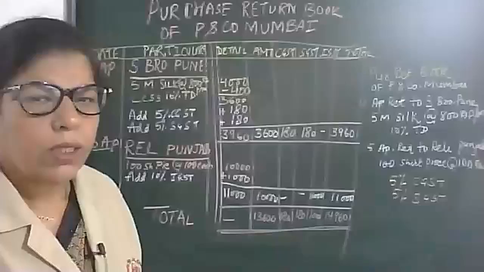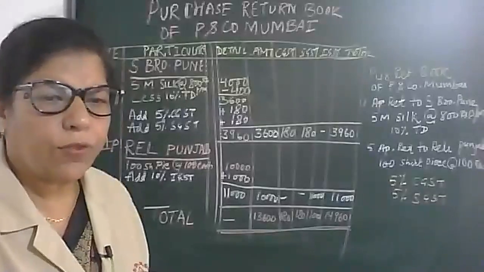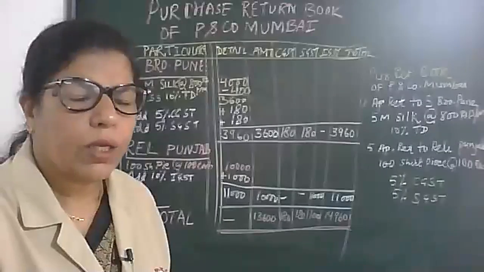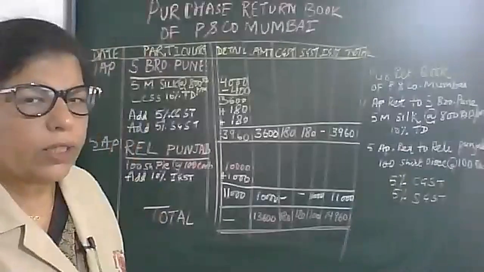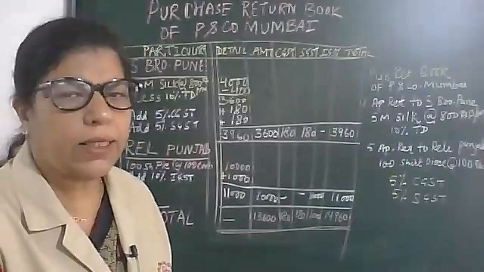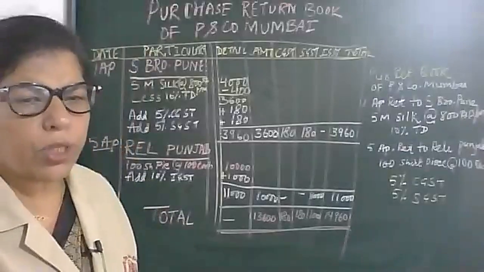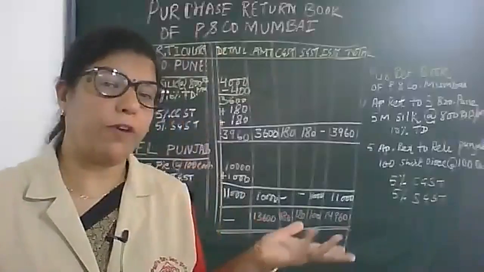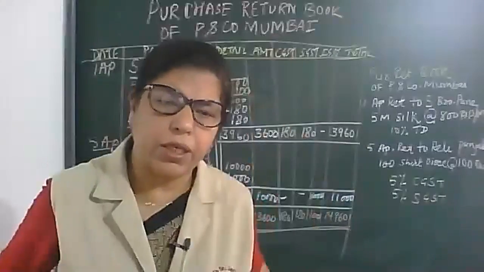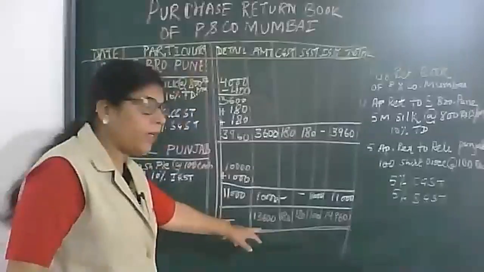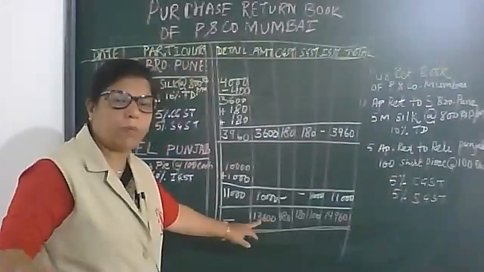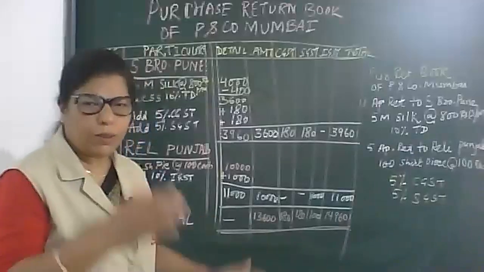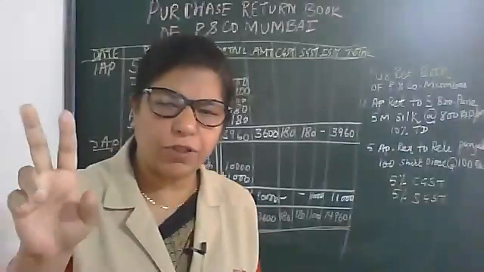Related to debit note and credit note, I gave you the theory part. You can see the videos. Now, it is not necessary that in every book only 2 transactions are there. For a businessman, daily there should be more transactions. He has to enter continuously. Then at the end of the day, week, or month, depending on the number of transactions, he will do the grand total. Here the board size is limited. That's why I have given 2 transactions.